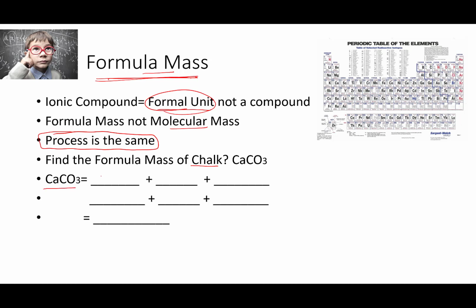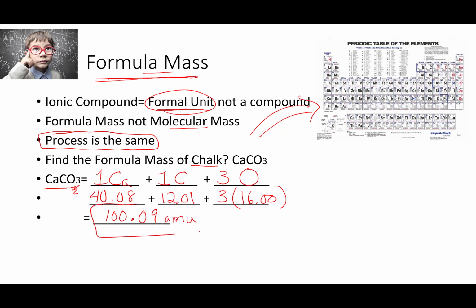If I have calcium carbonate, I have 1 calcium, I have 1 carbon, and I have how many oxygens? 3 oxygens. So looking up the atomic masses on my periodic table, calcium is 40.08, carbon, 1 carbon atom is 12.01, and I have 3 oxygens, and each oxygen is 16.00. If I throw all of that in my calculator, I end up with an atomic mass of 100.09